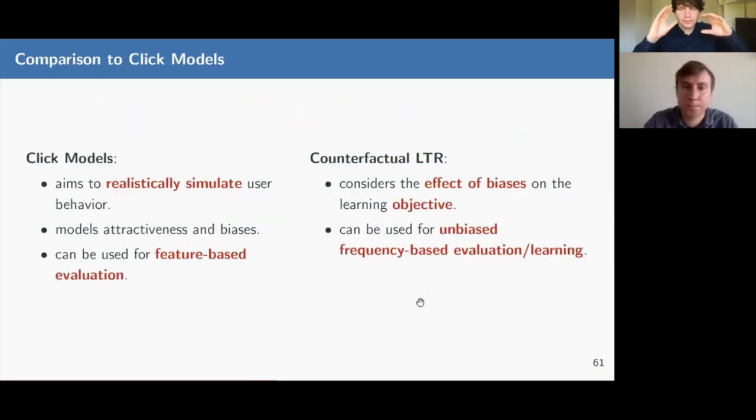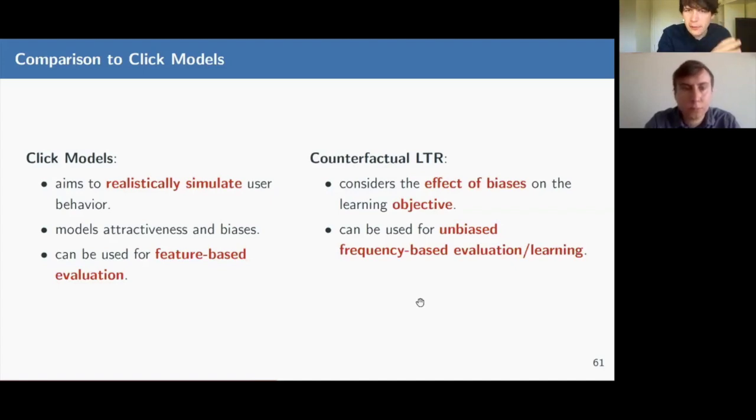All right, so to wrap that up, click models aim to realistically simulate user behavior, and they have to model attractiveness and biases because of that. And you could do feature-based evaluation with it. In contrast, counterfactual learning to rank has a very different goal. Its goal is not to simulate user behavior, but to look at the learning objective, our learning to rank loss function, basically,